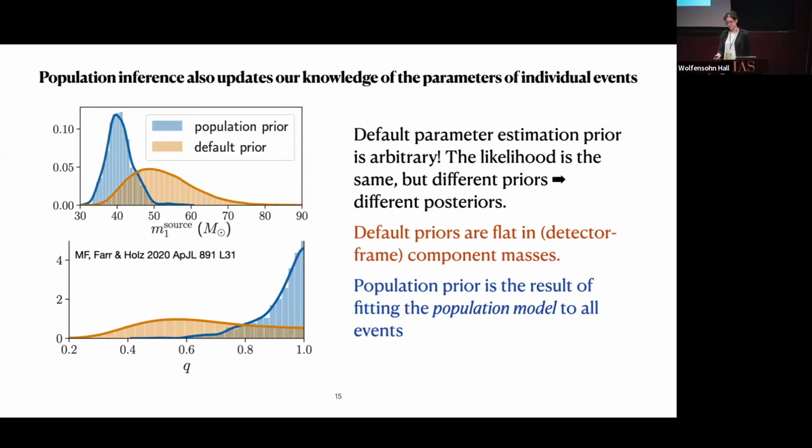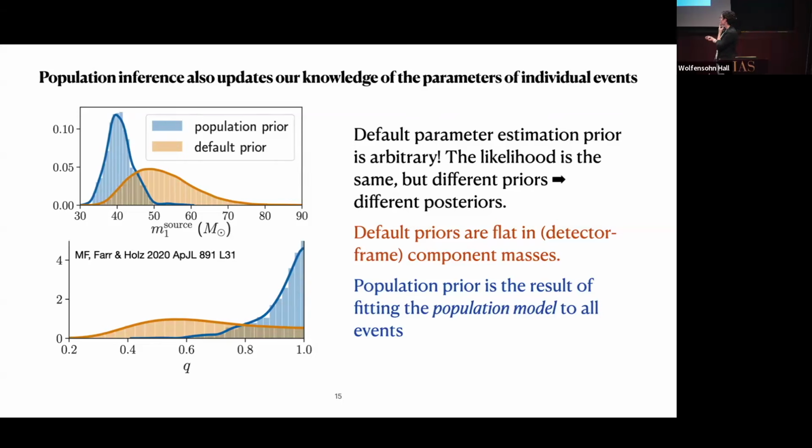Oh, yeah, I haven't actually done it, but I would guess that it would probably be closer to the default, just because in the first 10 events and using this population model, we inferred that the rate dropped off very precipitously above like 45 solar masses. Now we know that, I mean, it would probably overall look pretty similar, but we know that there are some events that are 60 and 70 solar masses. So it might be less of a dramatic push towards the lower masses now.